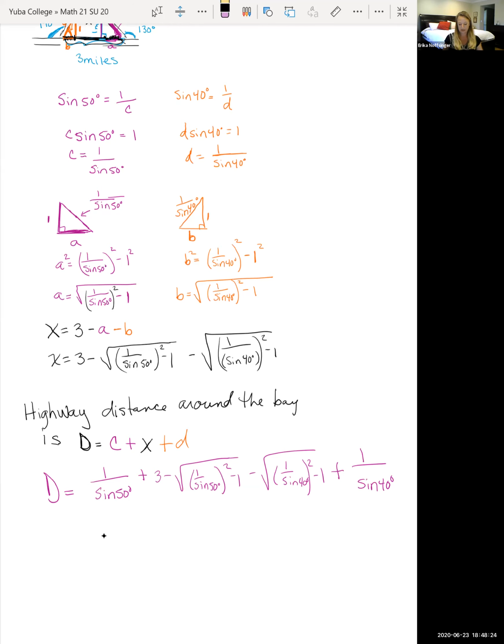And that is going to be in terms of miles. So if I start approximating now, if I approximated this side C, 1 over sine of 50, that was 1.31. If I was looking at side x,